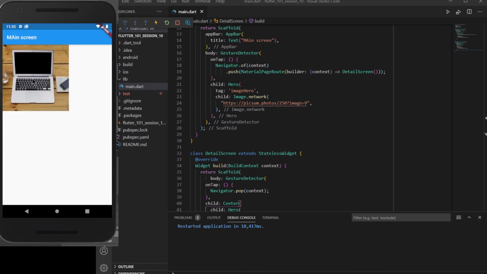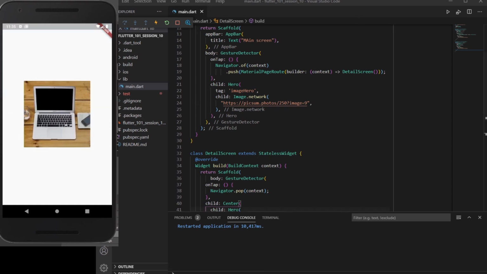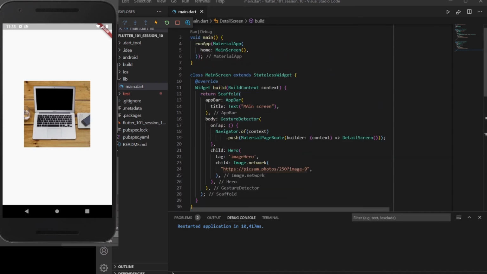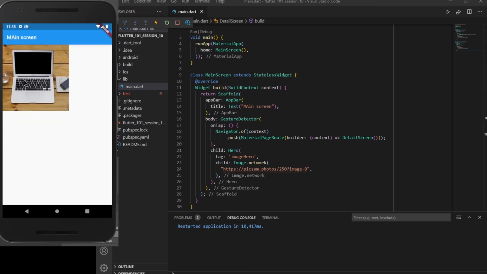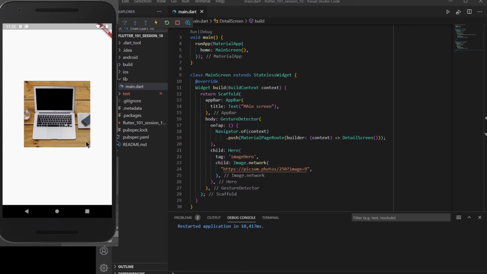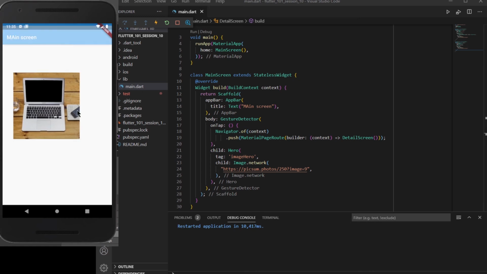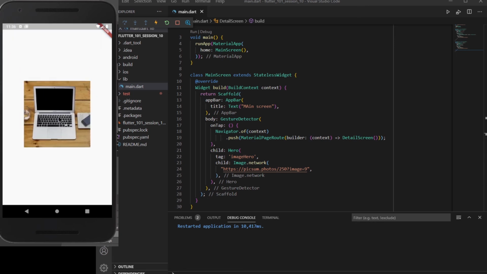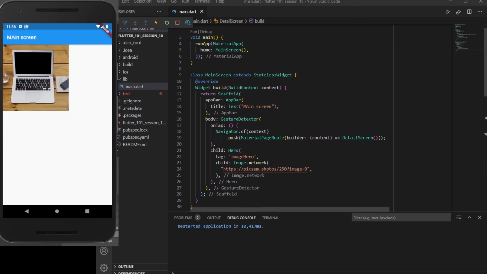But the thing to notice here is that we are using a particular animation to animate a widget inside our Flutter application. When we click on this image, it goes like this and displays in the center, and when we click it back, it goes in the form of a curve, taking the original position which it had. So this is how you can animate the widgets inside a Flutter application. You can add various different animations this way. Now let's see another method of navigating through different routes inside our Flutter application.